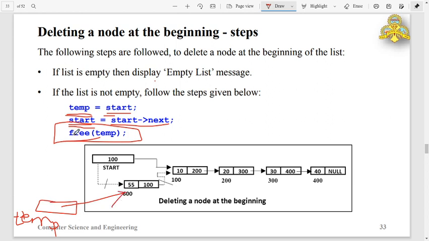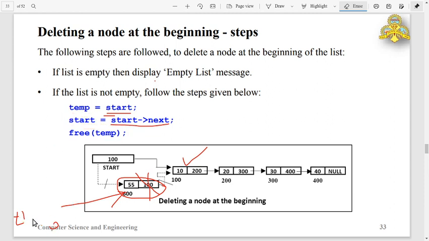Since I am using the free function, this entire object will be removed from memory. So after this step, start will be pointing to the second node. Now this will become the first node. Just go through the steps repeatedly, then you will understand it much better.